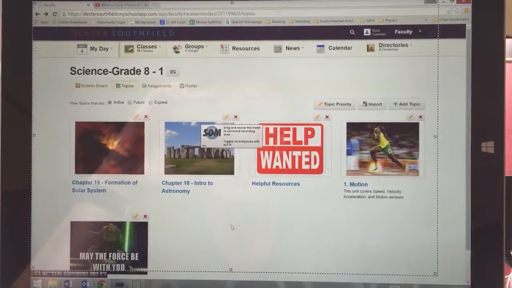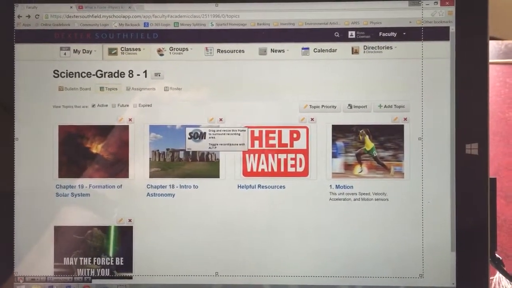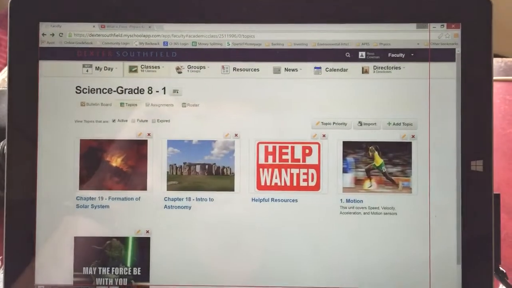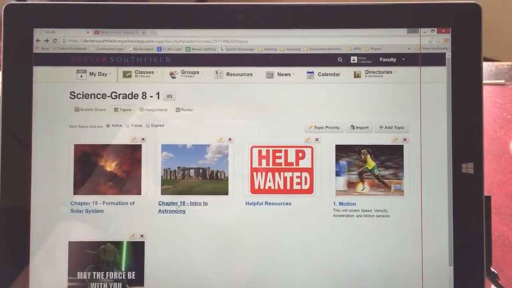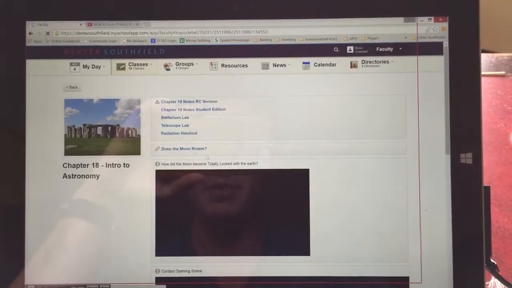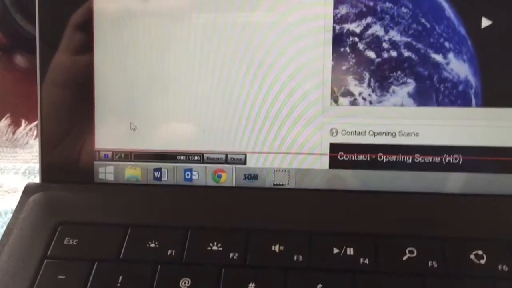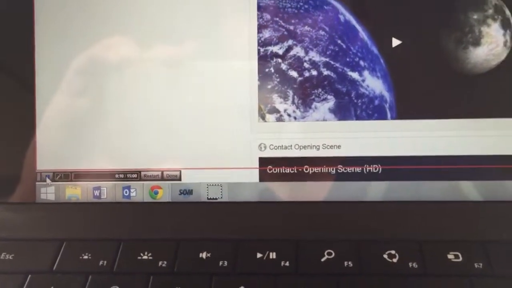So when I'm ready to record, I click this red button, and it gives me a countdown. And I've got it set up to record whatever happens on my screen. So for instance, if I go in here and start messing around with some stuff, it will be recording that. When I'm done, I can come back over here and I can hit pause.